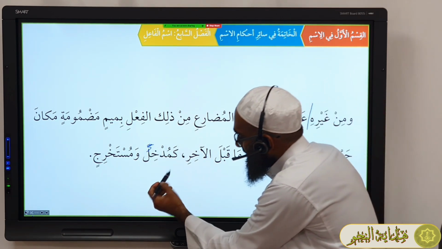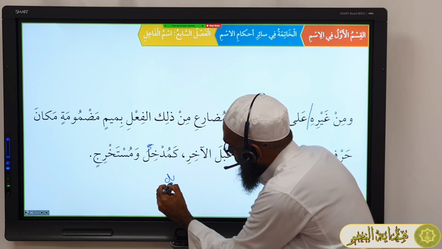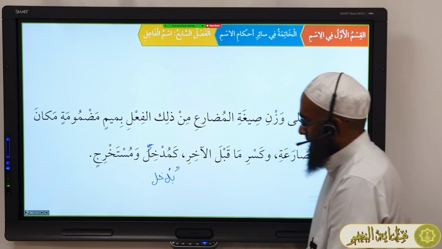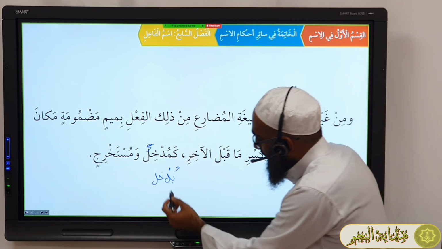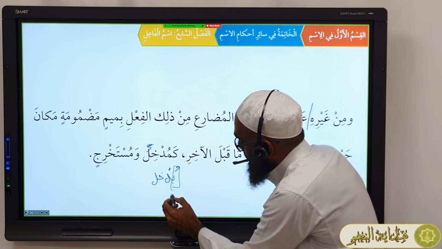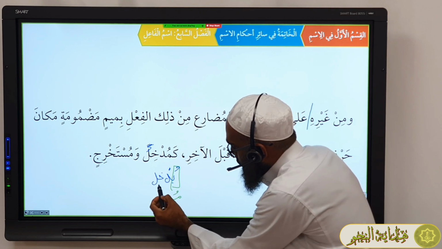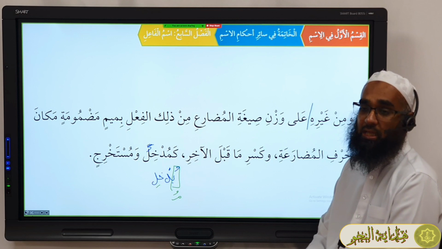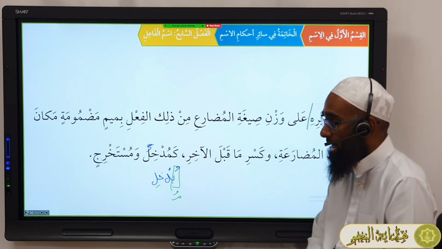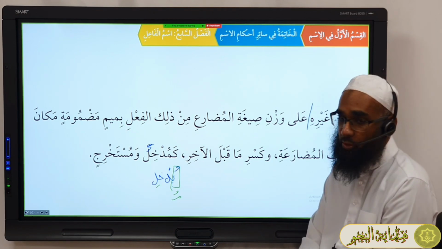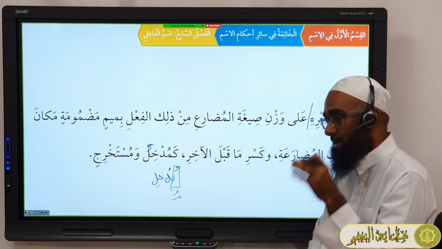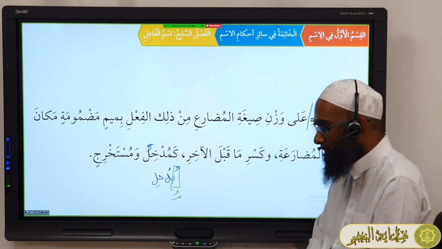So مدخل, it's very simple. You have a يدخل. So if it's bab if'al, يدخل, the ismul fa'il is the same as the mudari', and all you do is you replace the alamatul mudari' with a mim madhmoom, and you make sure that ma qabla akhirihi is maksoor. Mustakhrijin is made from yastakhriju, so you change the ya into a mim madhmoom, and you make sure that the second last letter has a kasra. Mustakhrijin, mutakallimin, etc. Yes?